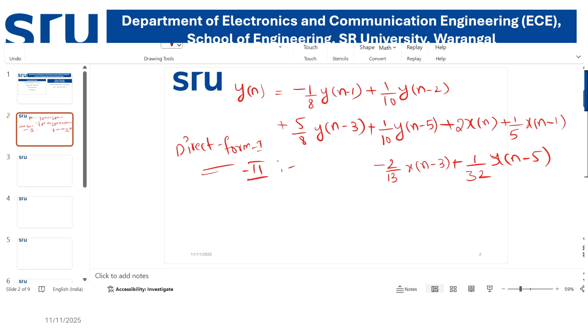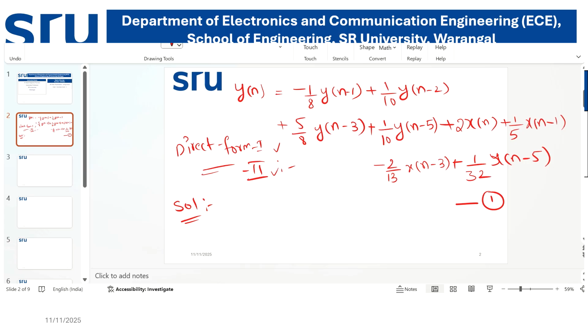Solution. The given difference equation is, write down the same and give it as equation number 1. For this same problem, calculate the number of computations required in direct form 1 as well as